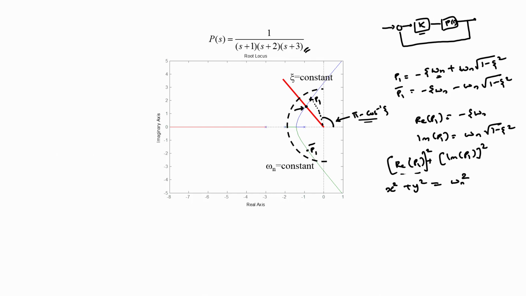So, the second straightforward application of root locus is to find out that gain k of the proportional controller that allows for the dominant poles of our system to have a specified frequency omega n. To do that, all we need to do is draw the circle of radius omega n and find out where it intersects the root locus of our plant. So, it so happens that in this case it is intersecting them at these two locations.